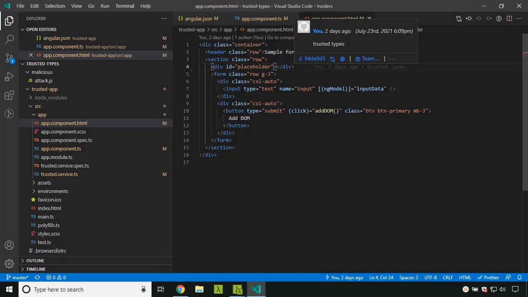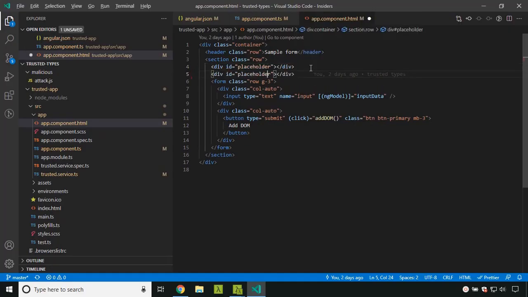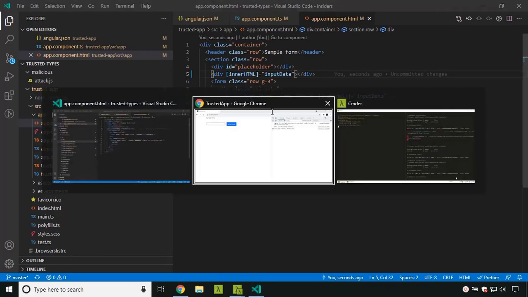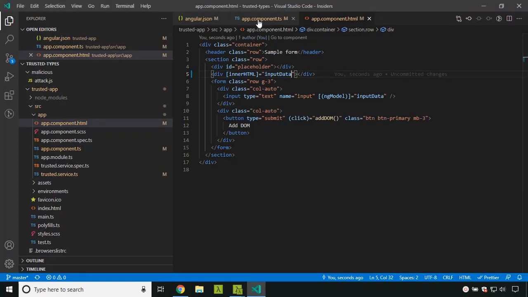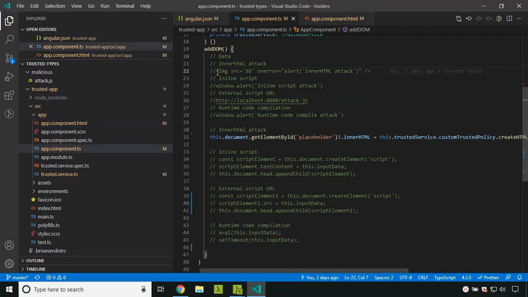By default Angular provides some trusted types. One common way in which you can bind the inner HTML is using the inner HTML directive. Here I am assigning the input data. Now let's refresh our application and try the same method.